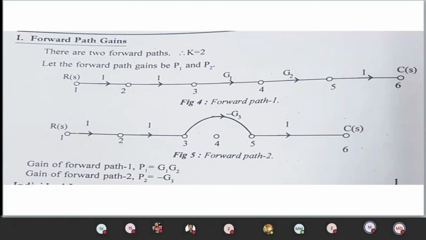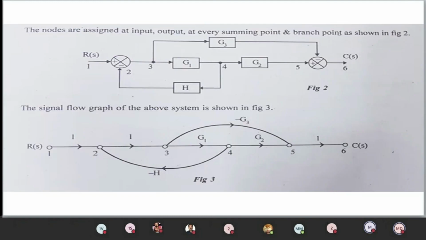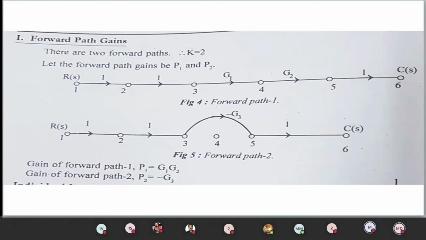Okay, so you can notice that rather than using the block diagram principle, block diagram reduction technique or block diagram rules, using signal flow graph is pretty easy. But it depends upon the individual student. If you're comfortable with the block diagram, you just proceed. Or if you find certain block diagram rules too confusing, kindly you can proceed with signal flow graph.